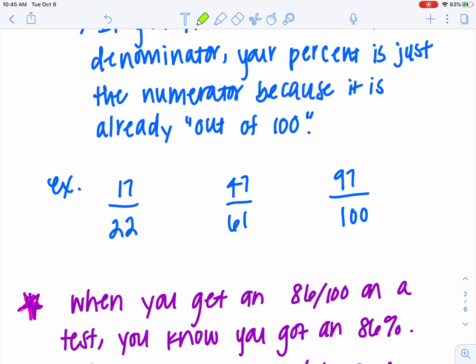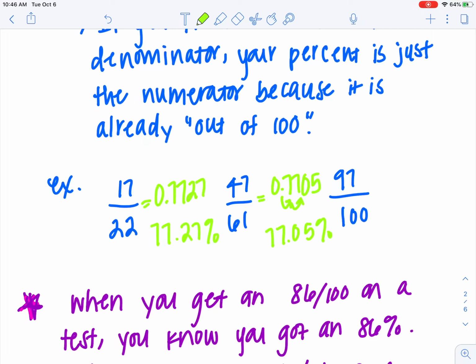So if we have 17 over 22, you'll first want to change that to a percent. So 17 divided by 22, you can just put in your calculator. And this becomes 0.7727. So then moving that decimal point 2 places to the right, we end up with 77.27%. The next one, 47 divided by 61. This is also 0.77, then it's 0.5. I promise those sevens were not intentional. So moving that decimal place then 2 spots, we end up with